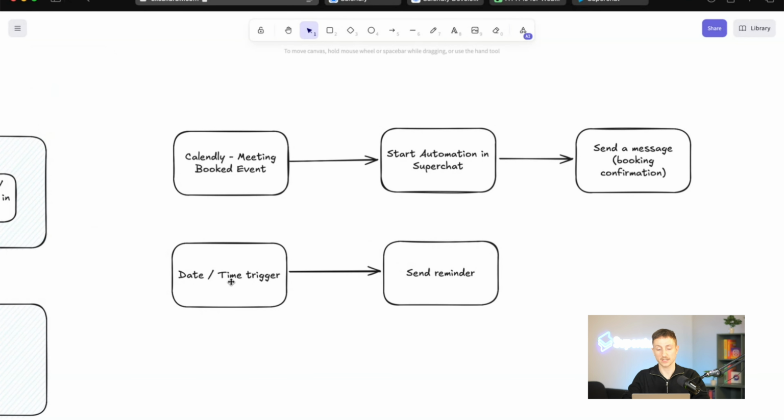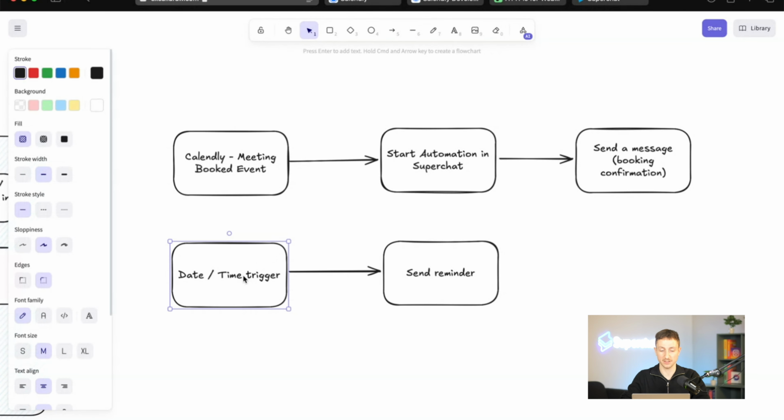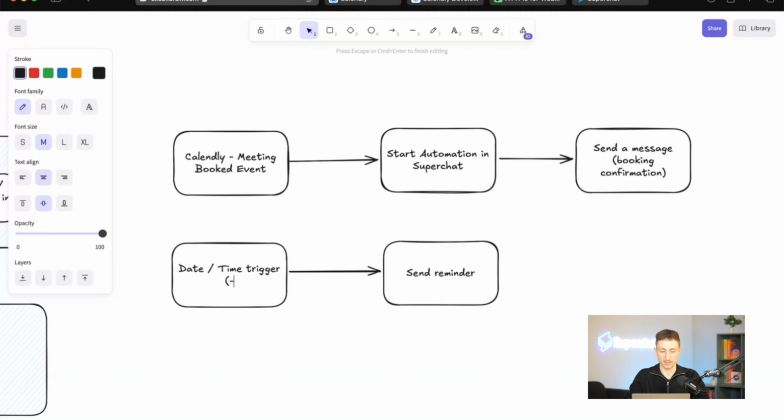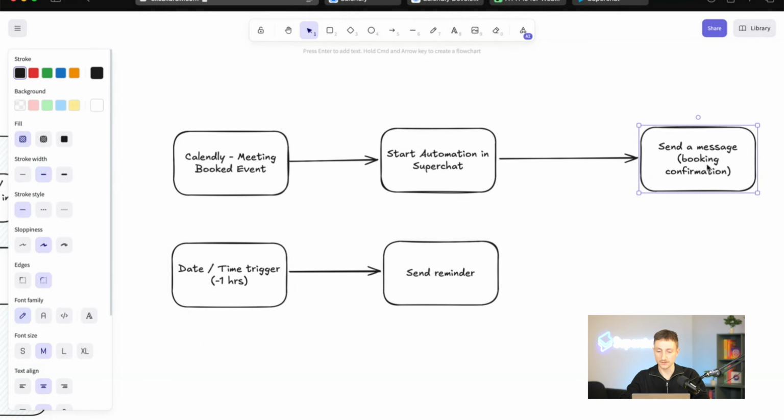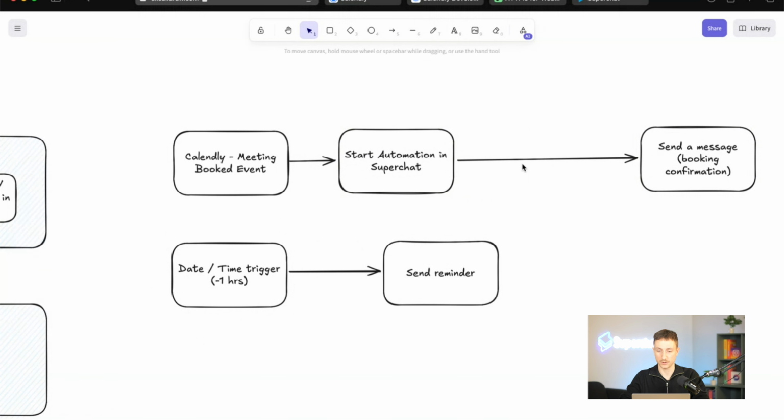So this could be our setup for the reminder flow. And we basically want to make sure that this is maybe minus 1 hour of the meeting time or the event time. And because we have to have this date time trigger here to send the reminder, we also need to make sure that once the meeting is booked and everything is happening inside Superchat, we somewhere store the meeting time and the meeting date, so that we can use this for our date and time trigger. So yeah, let's maybe add one step in here,